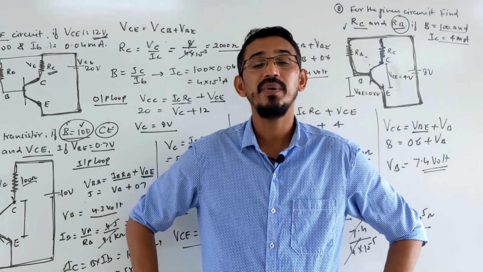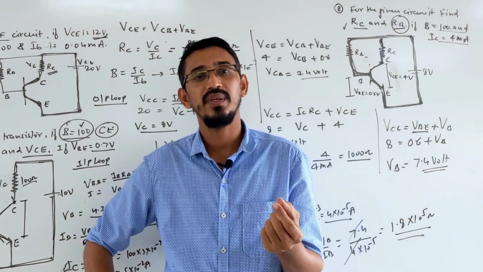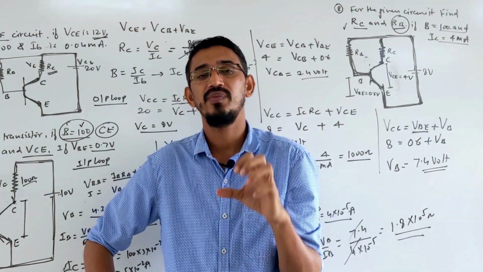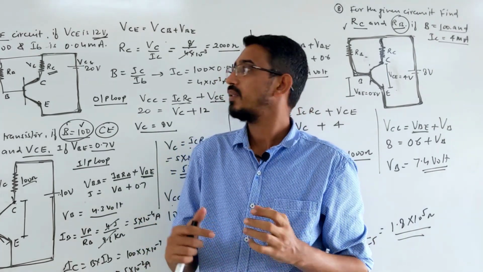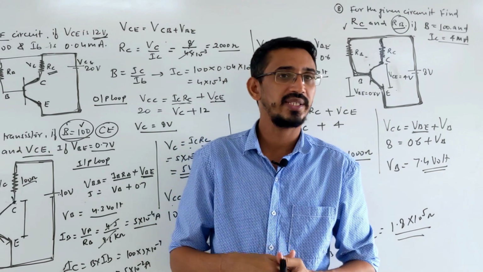So the main part is done. What is remaining for us? A small topic called conductivity in semiconductor. Some concepts from current electricity you have to learn, and the application of transistor we have to learn. So these two topics are remaining, that I will do in the next lecture.